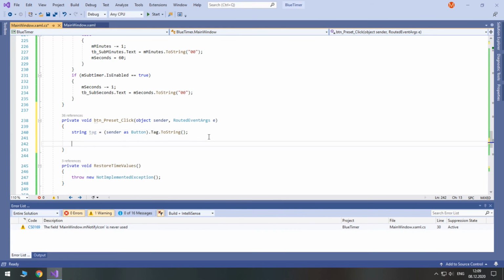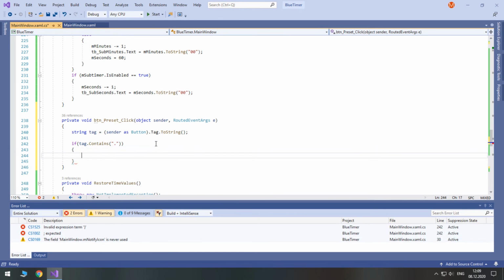We used a dot to separate minutes from seconds. That's the first thing we will check the tag for. So if we have a dot, we should split the string by this dot and get a 2-element array.